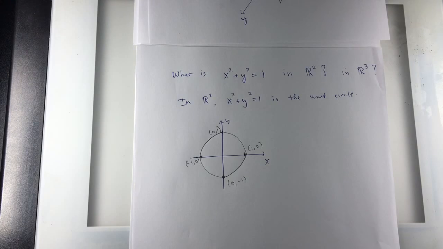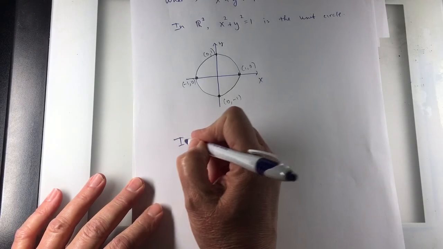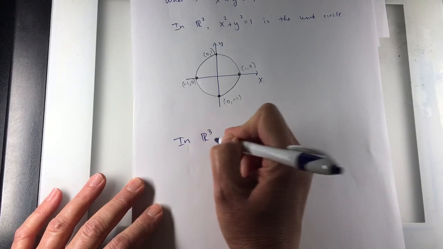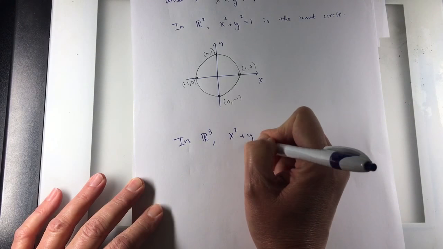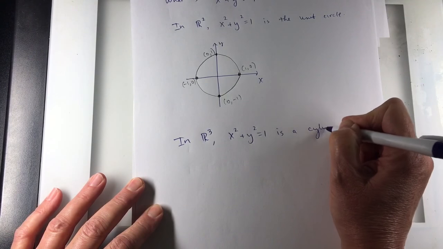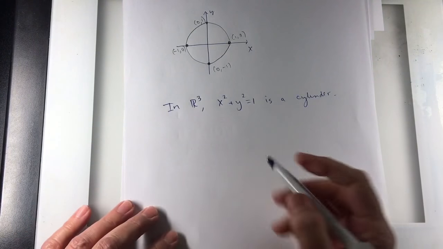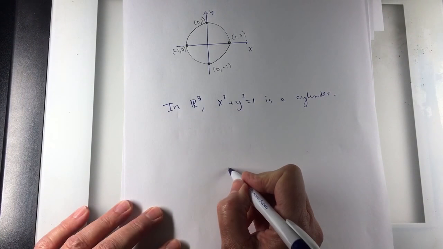Cylinder. It's a cylinder. In R3, x squared plus y squared equals 1 is a cylinder. So what I would do to graph that